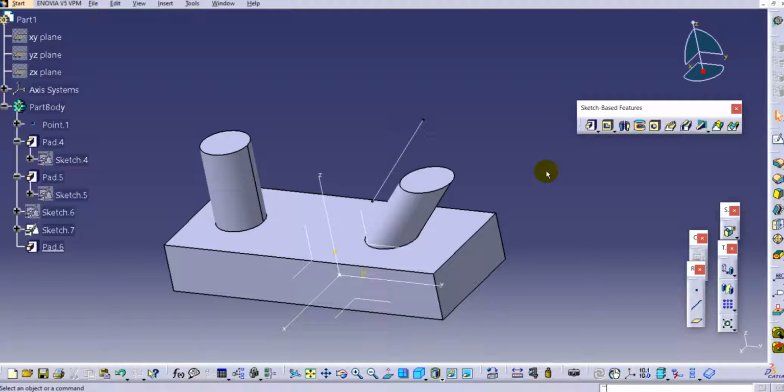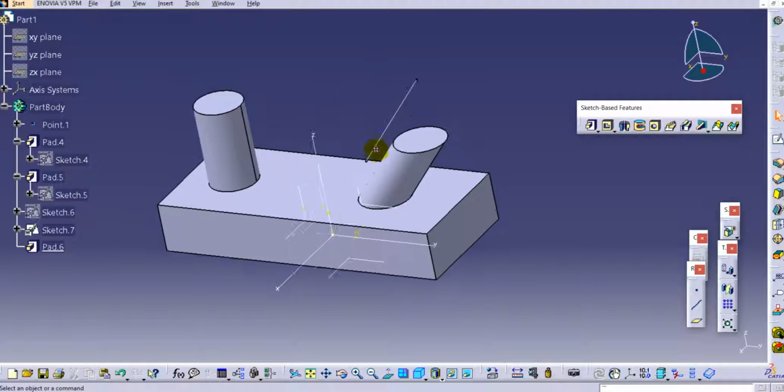In this tutorial we will discuss the sketch-based features and we'll see the pocket command. That is the material removal command, and we have already discussed the pad, that is the addition of material, in the earlier tutorial. So let's discuss the pocket command. We'll use the same example as in the earlier